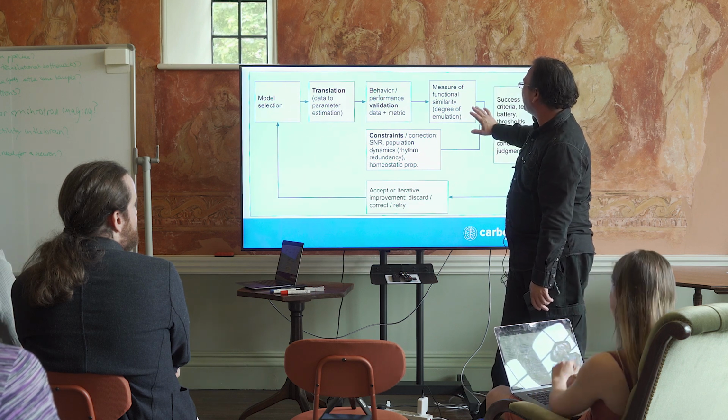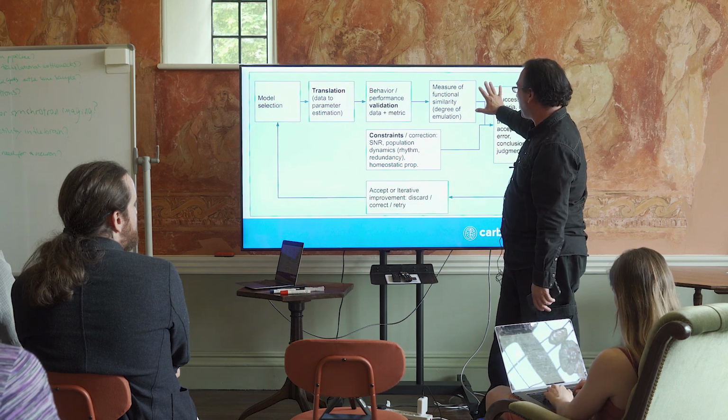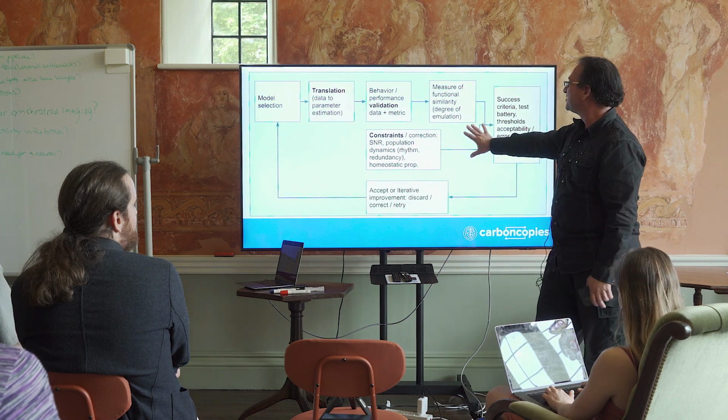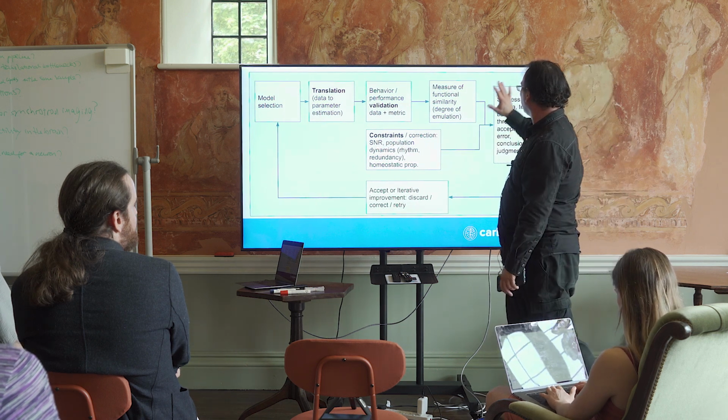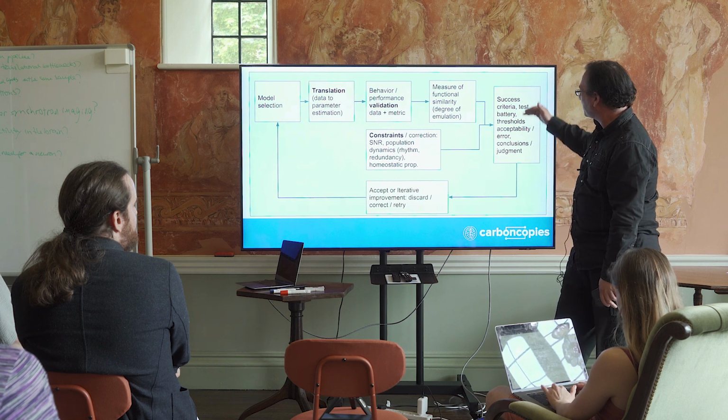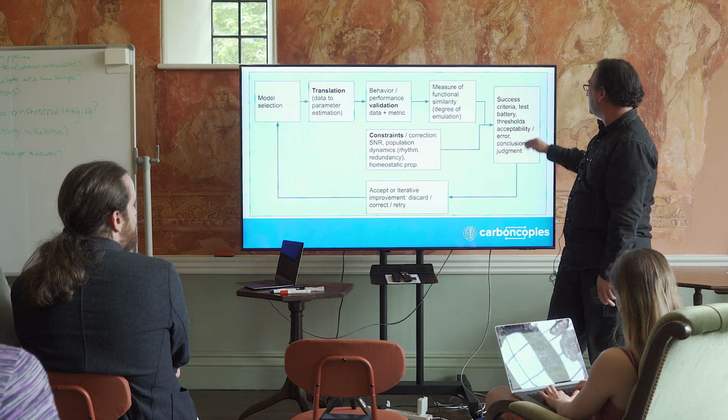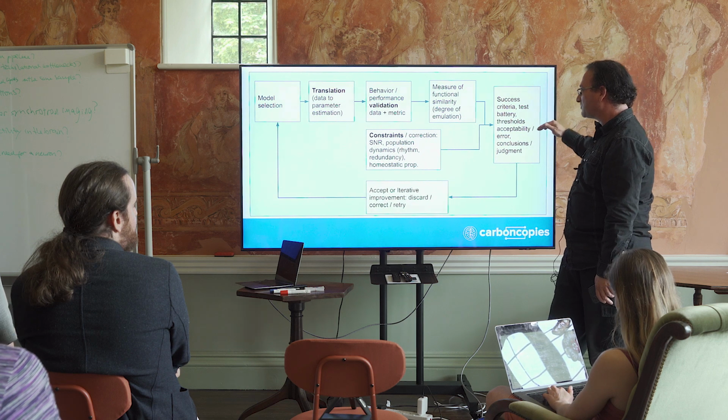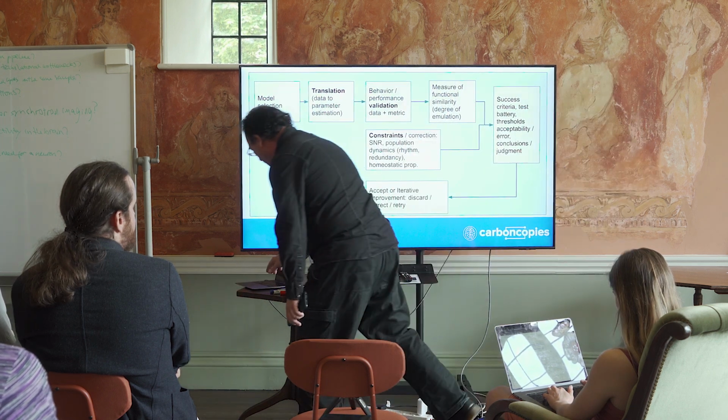So anyways, once you get this done, you have some constraints that you can impose on there, so this helps you a little bit. Your success criteria determine whether or not what you just built is actually usable, how well it works. You carry out some judgment and you iteratively improve that. Now,